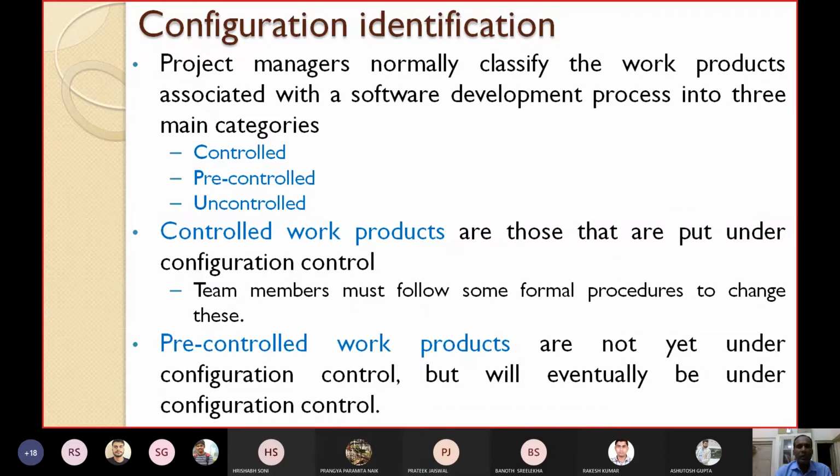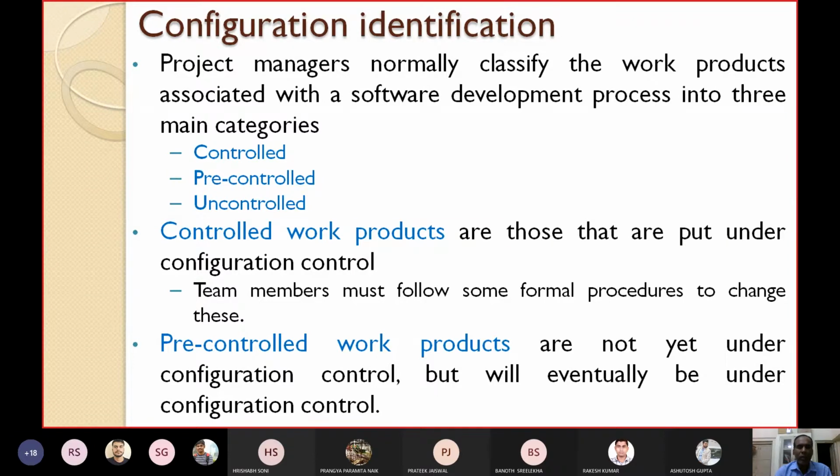Controlled work products are those products that are put under configuration control. Here the team members, the developers, must follow some formal procedures to change these work products.